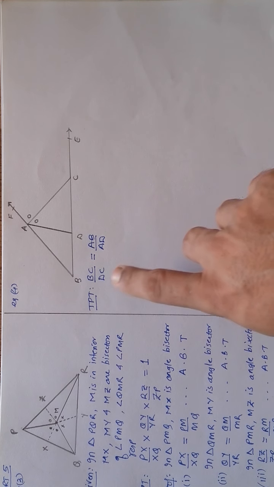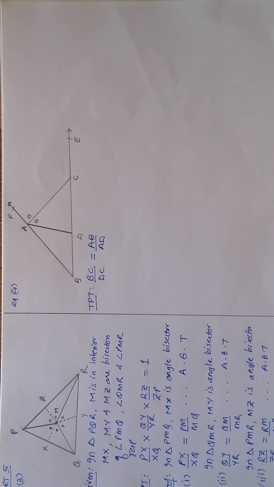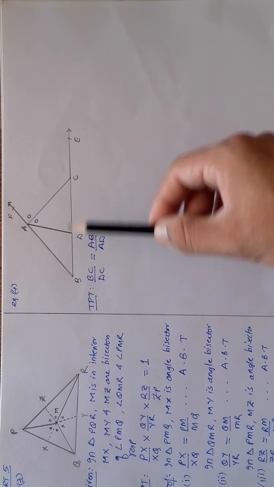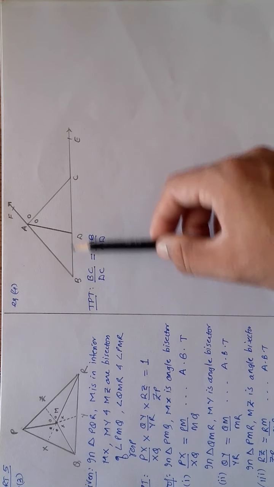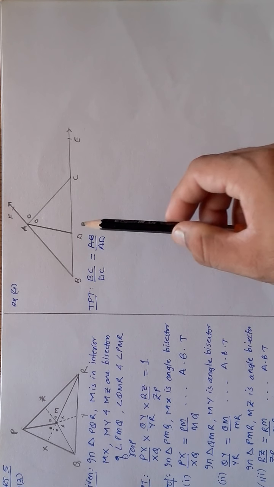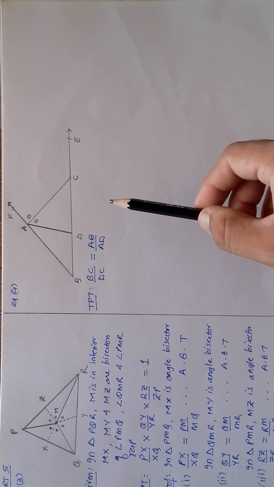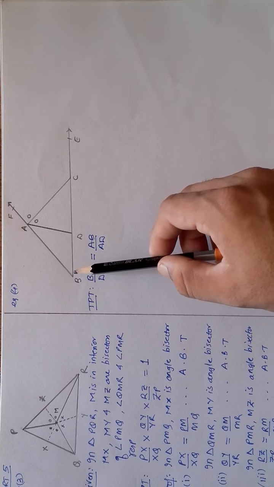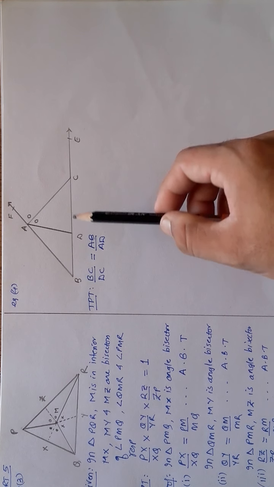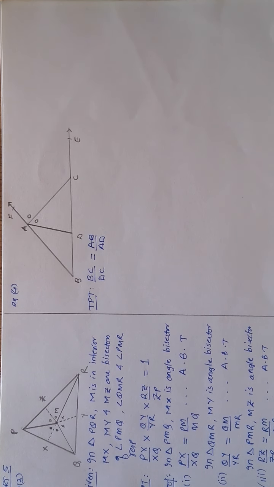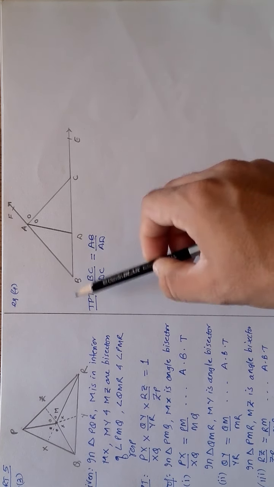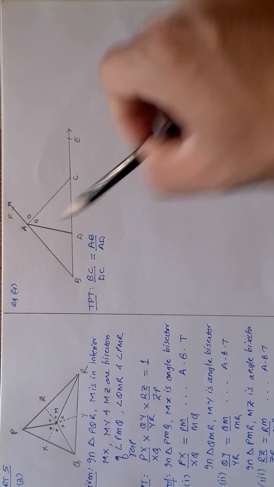Now let us understand what this BC is. BC is actually from here to here. Agreed? That means it is the side of the triangle only. No issue. And DC is here. That means the ratio of the whole side to a part of it. It is the basic proportionality theorem, which I have already shown you, if you remember. Not only this part, but like this also it is applicable.